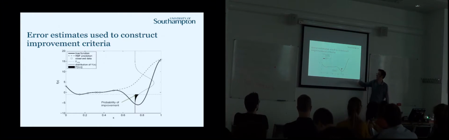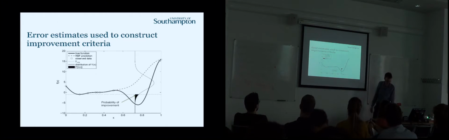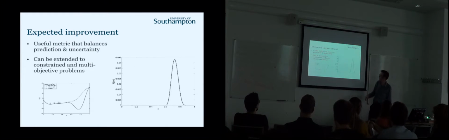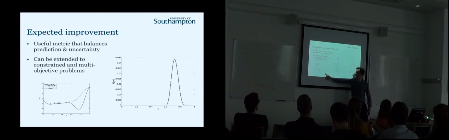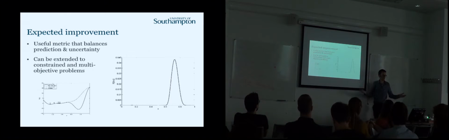And instead of the probability of improvement, you can also calculate things like the expected improvement. This is what you get from the expected improvement, and it's got this big peak here, so it says that's where you need to go. And this makes intuitive sense. Okay, so